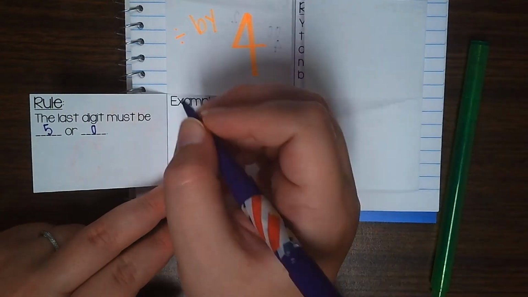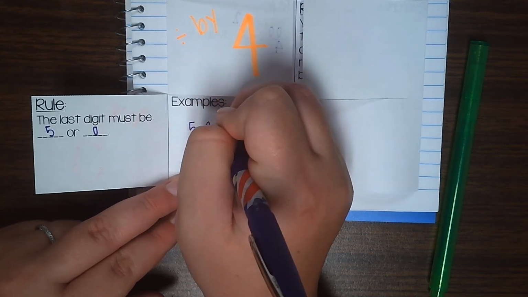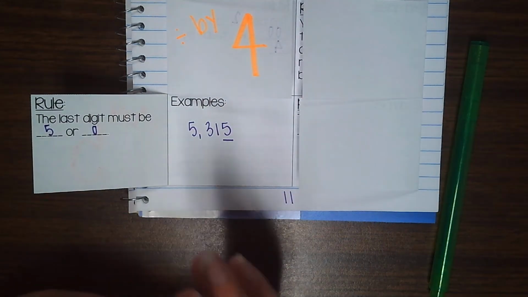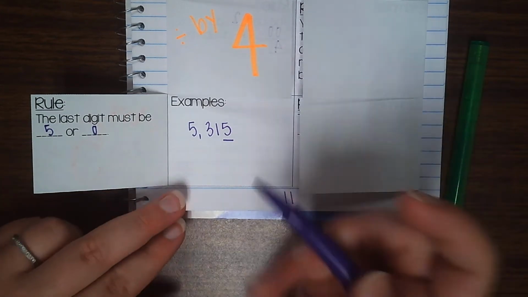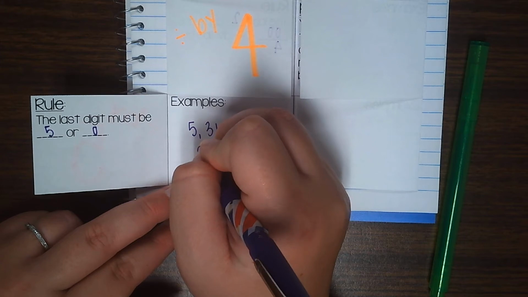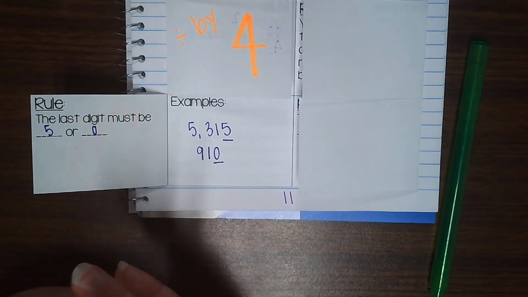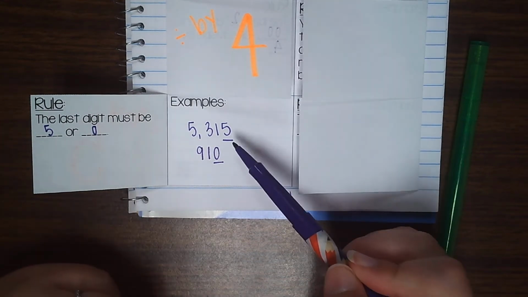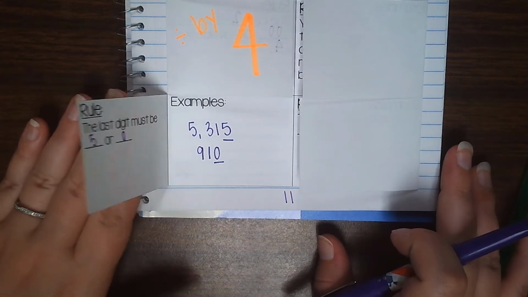So some examples is 5,315. It's got the last digit of 5, so we know it's divisible by 5. We could have 910. Ends in a 0, so we know it's divisible by 5. Any number that ends with 5 or 0. Alright,